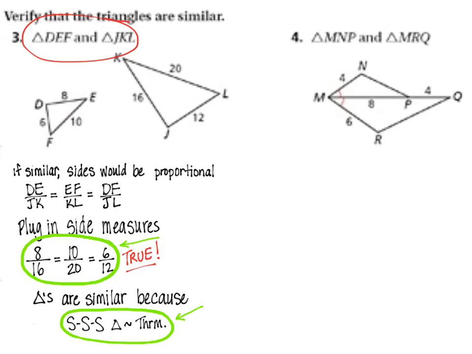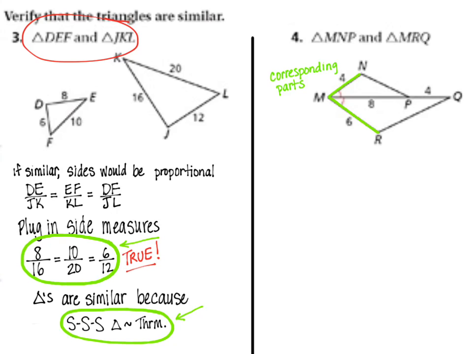In problem number 4, we first have to identify, again, the triangles they're talking about here. And we note the corresponding parts, given triangle MNP in that order and triangle MRQ in that order. I highlighted in green two corresponding parts. And here in orange, I've also highlighted two corresponding parts. One of them almost overlaps another, but those are corresponding parts that I would be using for the